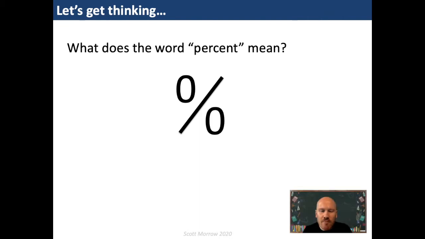Let's split that word percent into its two syllables. We've got per and cent. Now, per means for every or out of. For example, 3 out of every 5 children were boys, or we could say 3/5 of the children were boys. And cent means 100, like 100 cents in a dollar, or as a prefix in words like century, which means